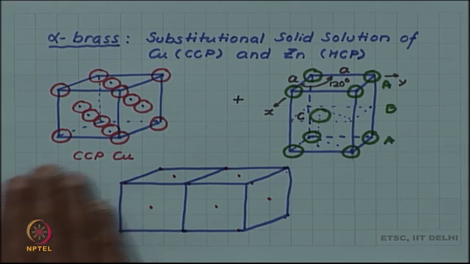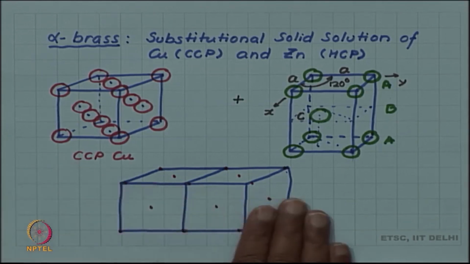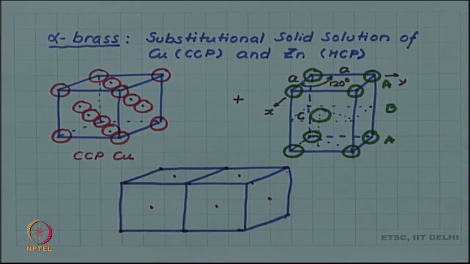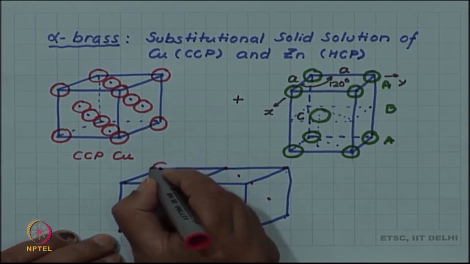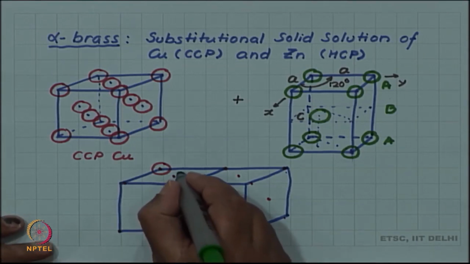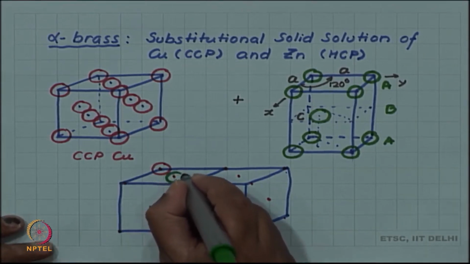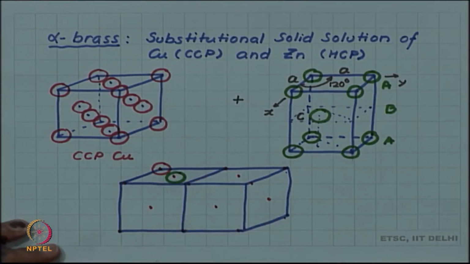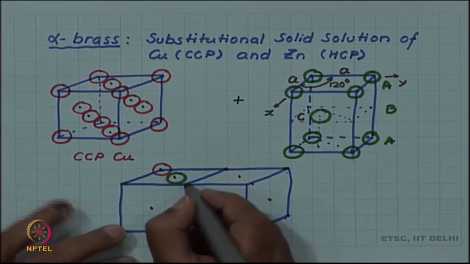And if it was pure copper, all these sites were occupied by copper, but now we are saying that on some of these sites, copper is replaced by zinc. So, let this face center go to zinc and let this corner go to zinc. So, now we have a solid solution